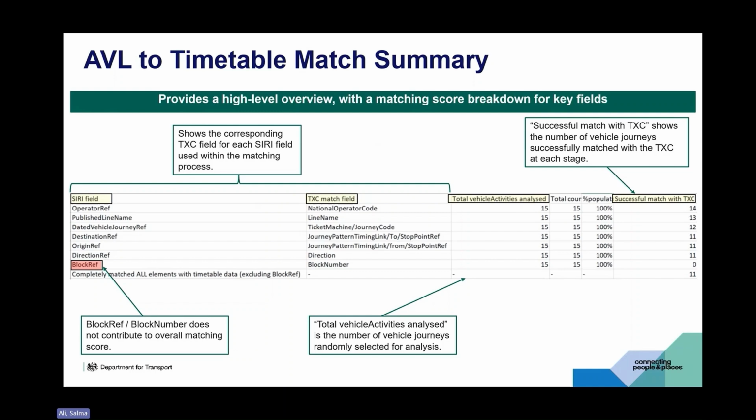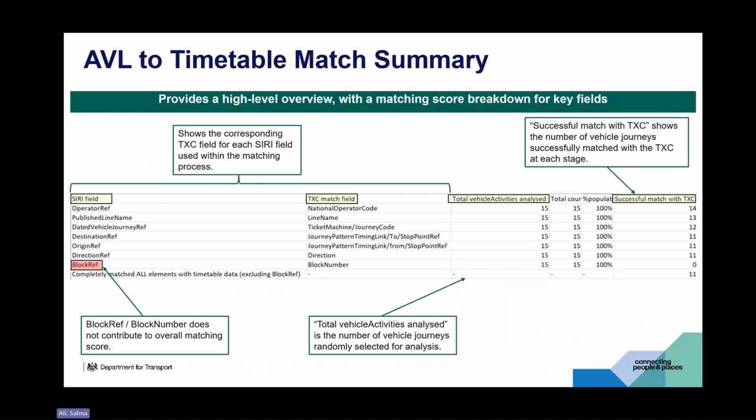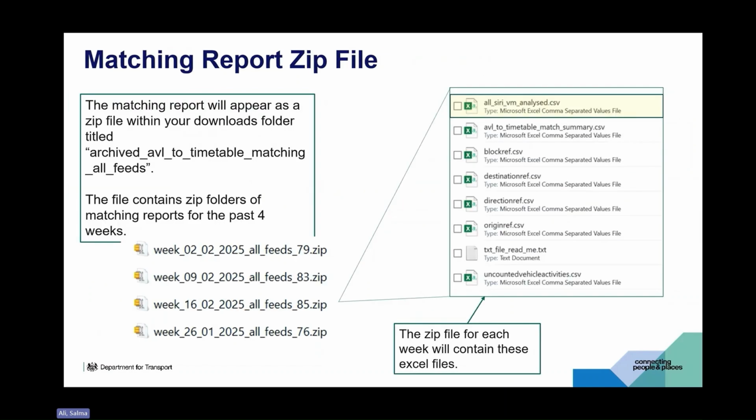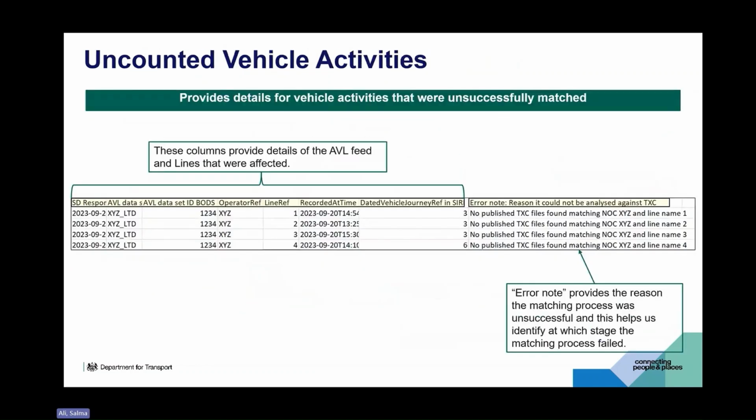If you wanted to know why there was specifically a destination ref unsuccessful match, then you'd have to look at the destination ref CSV. So if I go back a step further, it would be within this one. Similar for origin ref and direction ref, they would also be in the origin ref CSV and the direction ref CSV. So just to continue, the errors for the uncounted vehicle activities would appear in column H here,